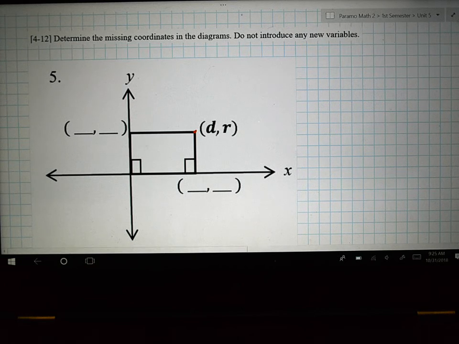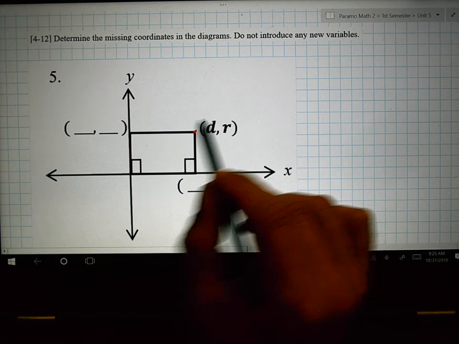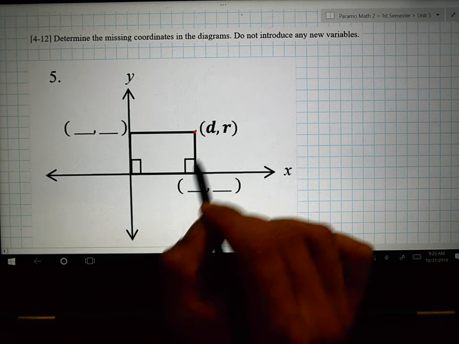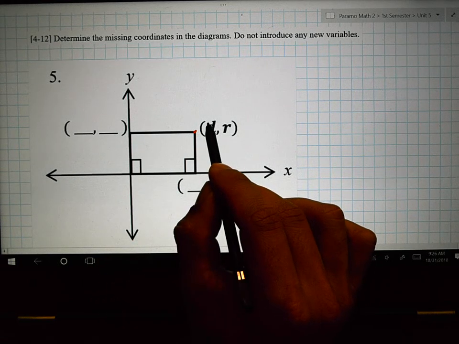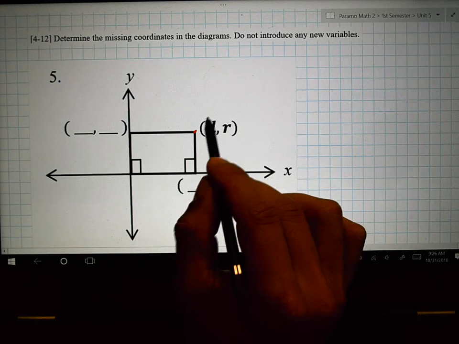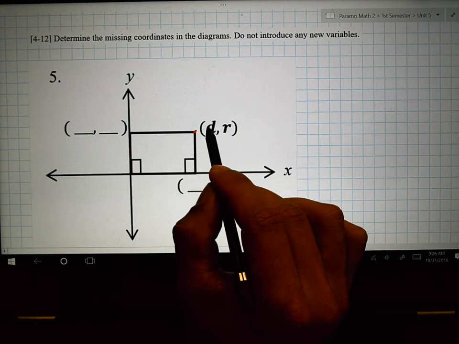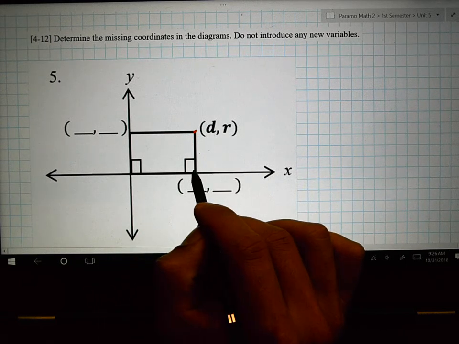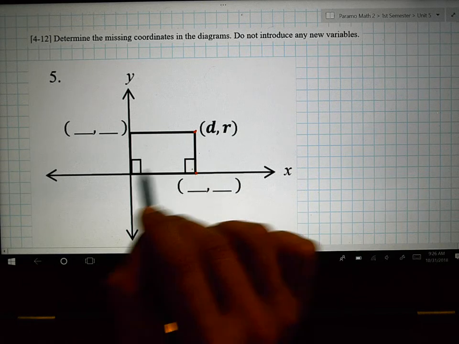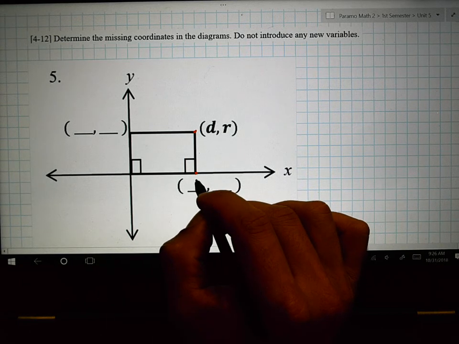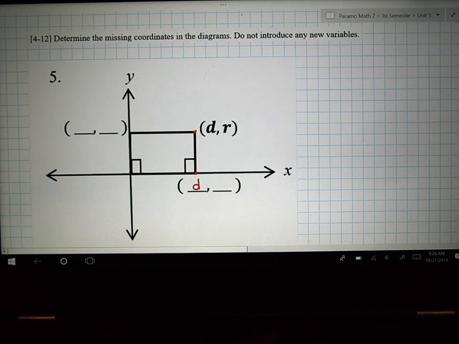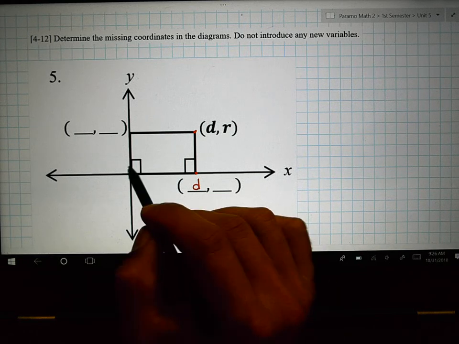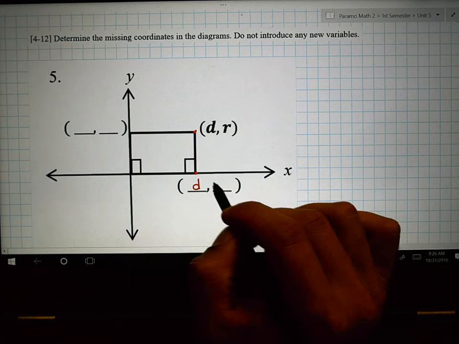Well, what you should know is to find this, the horizontal distance is the same thing as this distance. This is your horizontal distance. D is. So that means that this point right here has the same horizontal distance. It should be the letter D. How far up did we go? We went, this is an